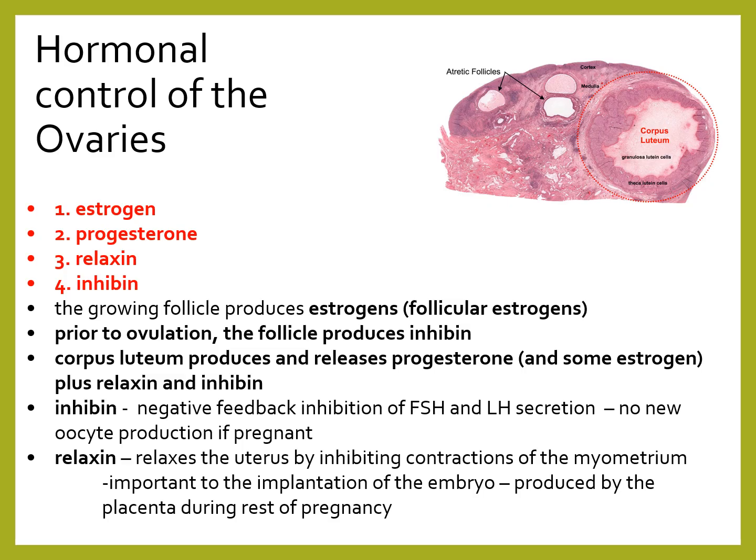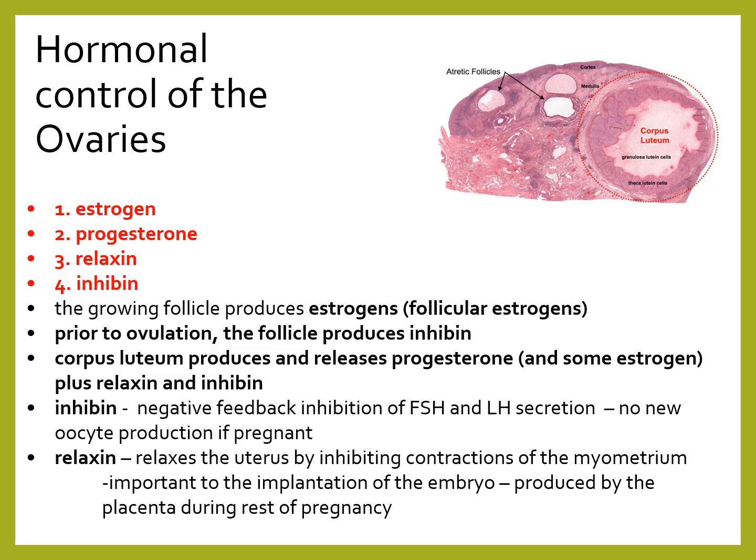Lastly, relaxin. Relaxin is a hormone made by the corpus luteum post-ovulation. Relaxin does exactly as its name implies. It relaxes the uterus by inhibiting contractions of the myometrium. This is very important to the implantation of the embryo. The last thing you want to do is implant the embryo and then have the myometrium spontaneously abort it. High levels of relaxin will be maintained throughout pregnancy. The first levels are going to be made by that corpus luteum, but as pregnancy continues, it is then taken over